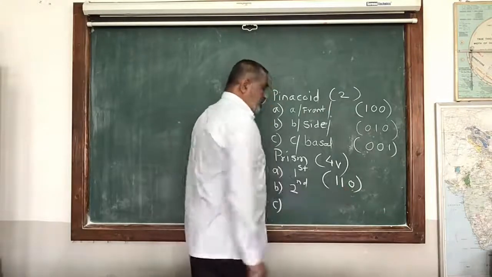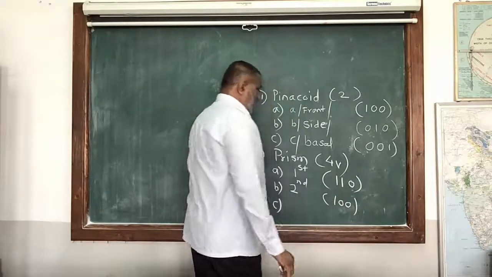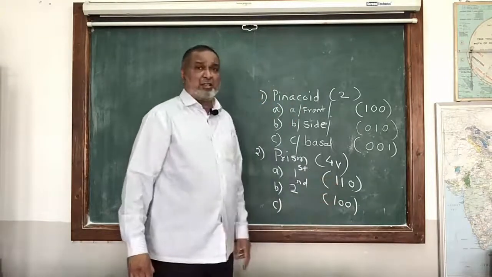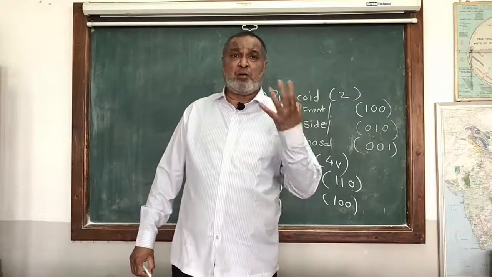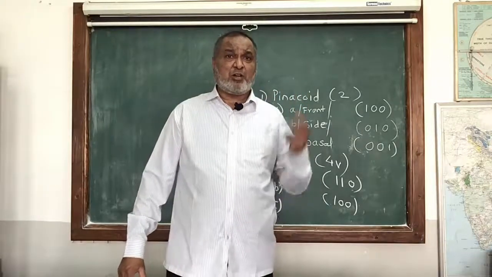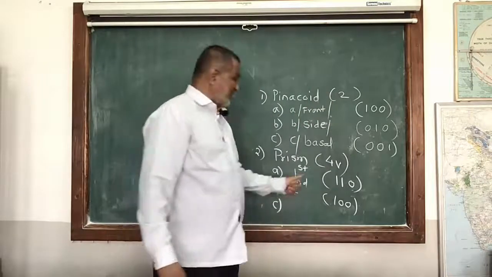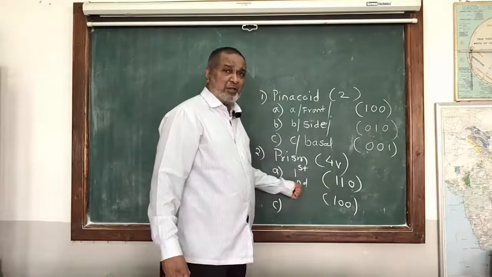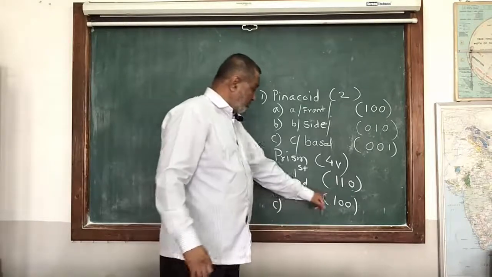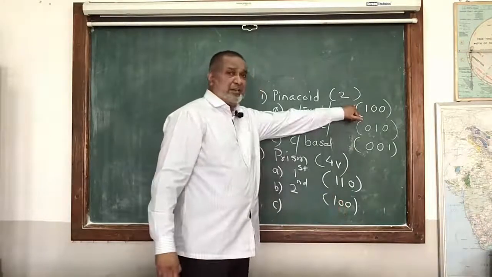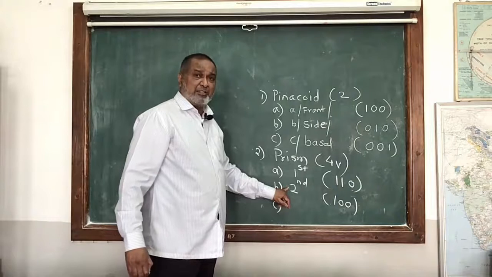Then in this second order, one more axis will become parallel. So 1, 0, 0. That is the one more axis becoming parallel in the case of second order. But what is the definition of prism? It consists of 4 similar vertical faces, each face cutting your A and B horizontal axes and remaining parallel to C. So 1, 1, 0 is the normal one, the first order, and in the second order one more axis will become parallel, but we will always take the front side. So 1, 0, 0 we take as the A or front pinacoid. Now it comes to the second order prism.